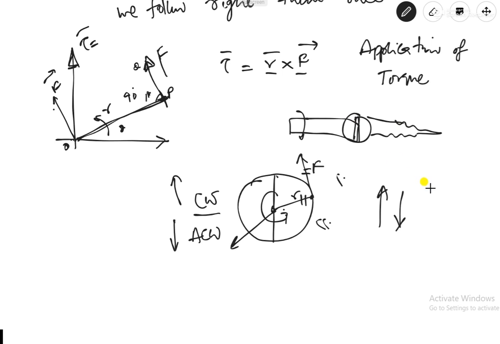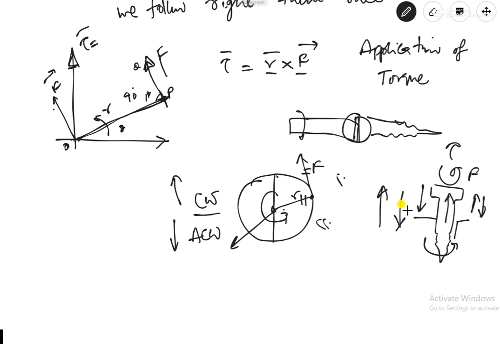We come to know this especially when you have a screw, and the screw length is like this. Sorry, my drawing is very bad. If you know the screw, it looks like this. When you are rotating it, it will go upward. This is the application of force, and the torque will be acting out or at the bottom. This is the torque. So this is the application of the cross product.